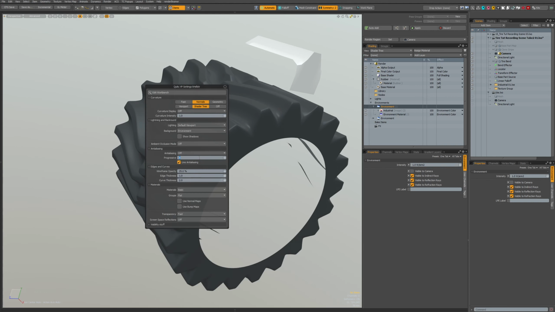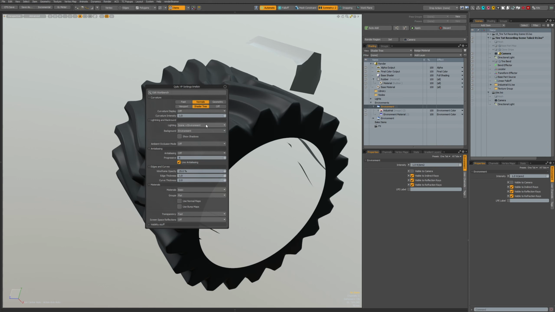So this is too much. I think wireframe, lighting default and scanner plus gene plus environment. So now we have nicer lighting. I'll check out what it takes, some time to load.